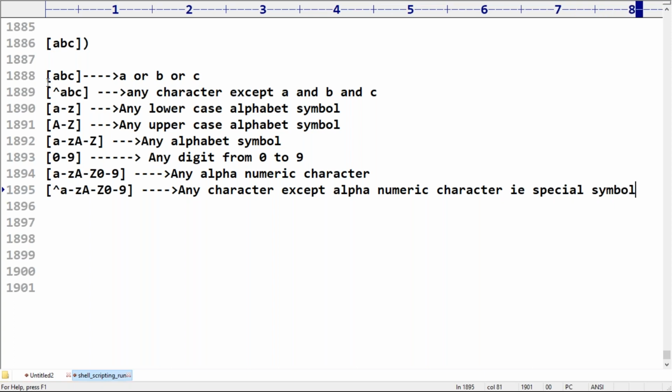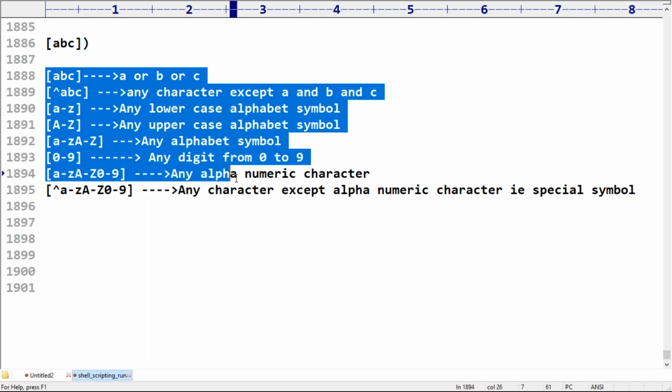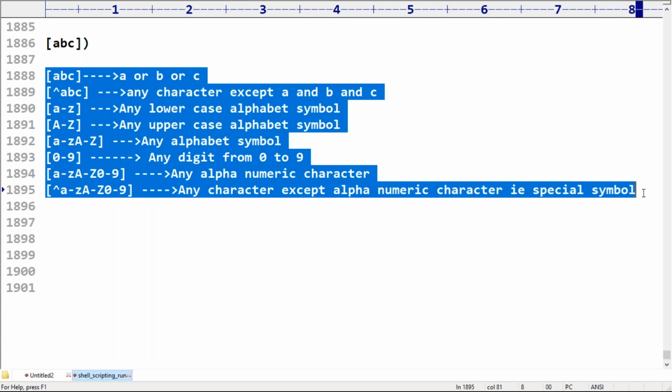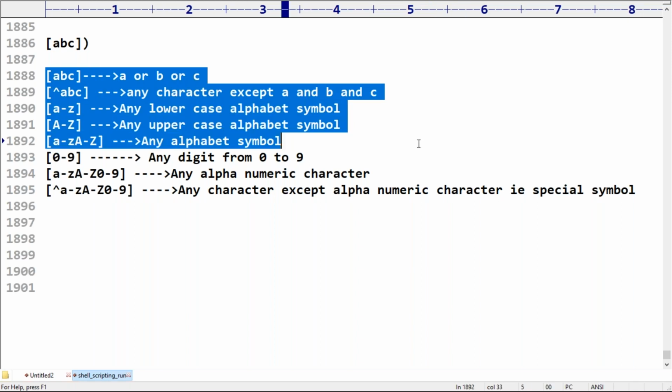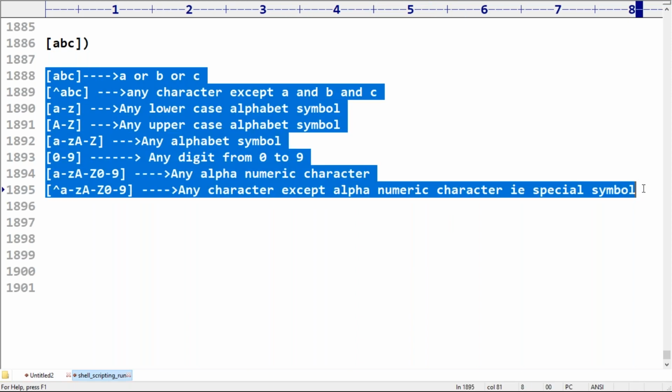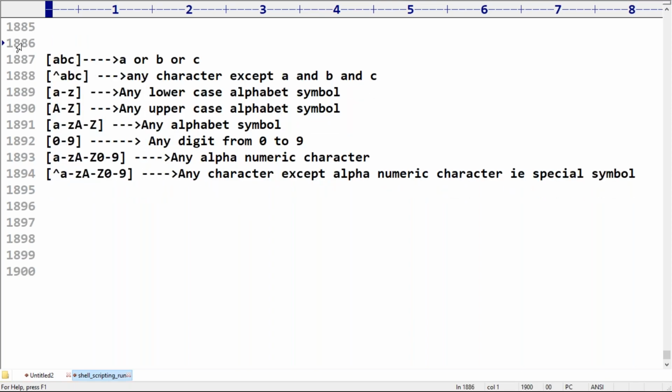That's all. These are by default considered regular expression patterns. Remember this one. Are you getting it? These are regular expression patterns. Of course, in Java we use the term character classes, but here they are just patterns. You should be aware of this. Any doubt? Yes, friends, are you in the position to understand this?